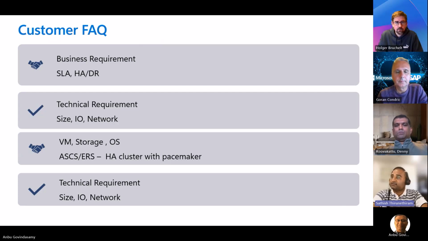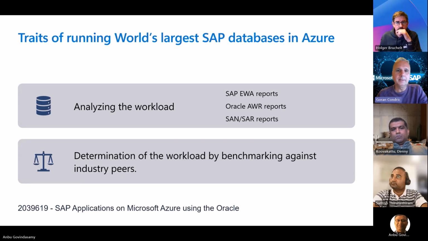So basically, sorry if I may interrupt, when you do the sizing, you didn't just do it from a SAPS perspective, but actually you had to do additionally the IO and the networking bandwidth as well, of course, because it's such a huge system. Yes. So when we have such a huge system, we might have a solution like 32 terabyte, which can handle up to millions of SAPS, but in most cases with